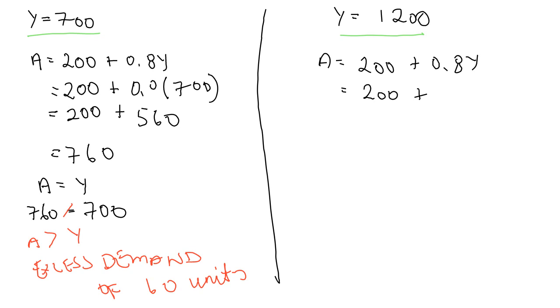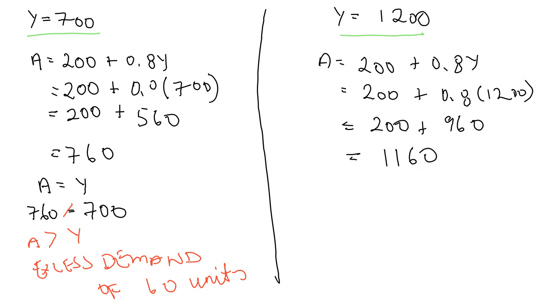This time it's 1,200, so it's 0.8 times 1,200. Now this we already know will obviously equate to 960. And as a result, it's 1,160. Now remember, aggregate spending is meant to equal